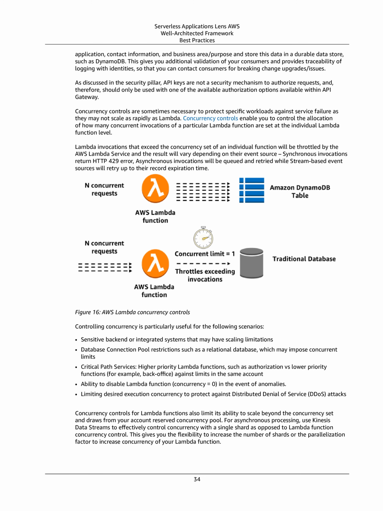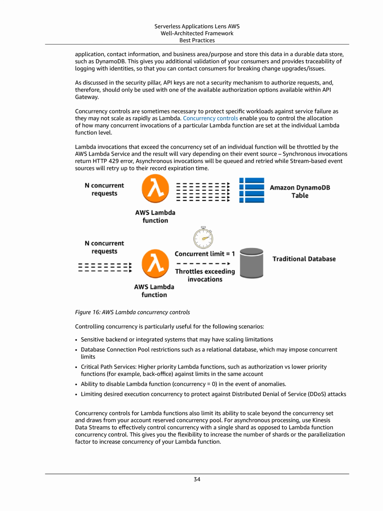Concurrency controls are sometimes necessary to protect specific workloads against service failure, as they may not scale as rapidly as Lambda. Concurrency controls enable you to control the allocation of how many concurrent invocations of a particular Lambda function are set at the individual Lambda function level. Lambda invocations that exceed the concurrency set of an individual function will be throttled by the AWS Lambda service,